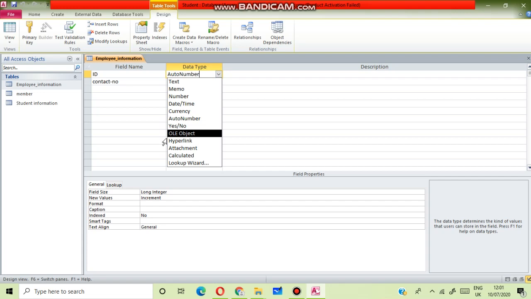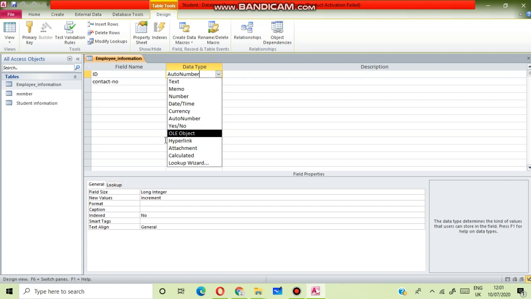Next, lookup wizard. It is used to create a field that lets you select a value from another table or a list of values. Next, attachment. This type works only in Access 2007 and Access 2010 databases. It can attach data files from word processing programs, spreadsheets, graphic editing programs, and so on.